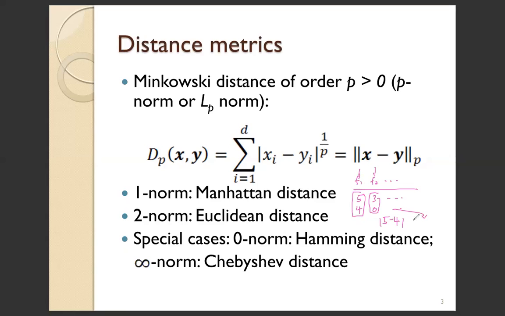For the second feature, you take the absolute value of 3 minus 0, and so on, right? And then you sum all of them together. But when you do this, you notice that you are giving a weight equal to 1 to each of the features. So each feature receives an equal weight. And this may not actually be a good thing,